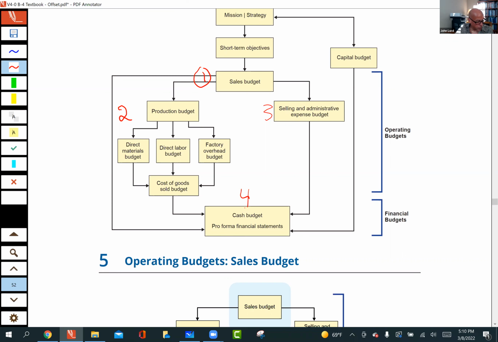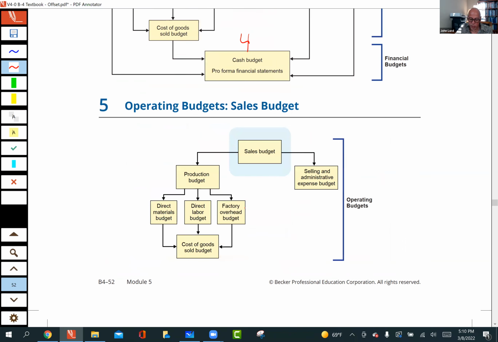What's interesting about this discussion of the operating budget is that they kind of carve out the operating budget down here. When you look at these questions, guys, I think a lot of times it's a little confusing for candidates because they're used to having so many rules and definitions that we get stuck with. Then you start looking for, well, what's the rule here? What's the definition I have to memorize? What do I have to memorize to do this?